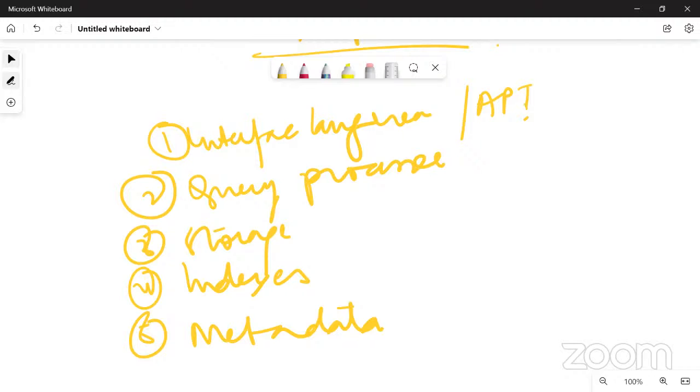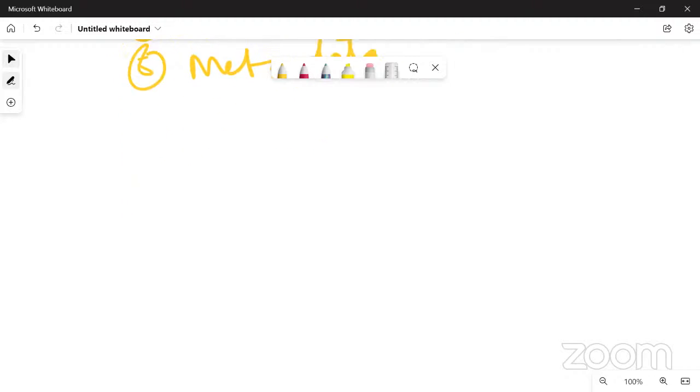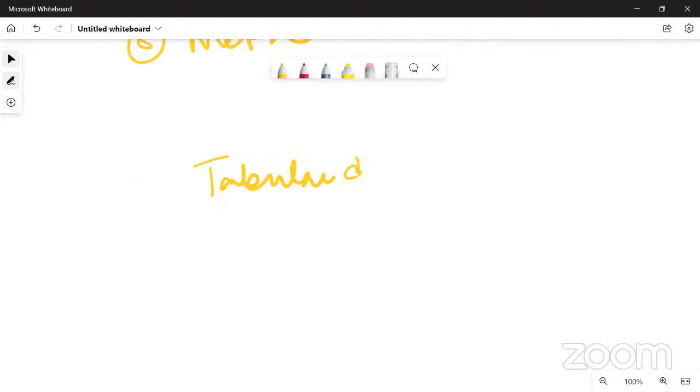The next is to understand different types of storage for different kinds of data. The first, which you might have heard and is quite common, would be tabular data.